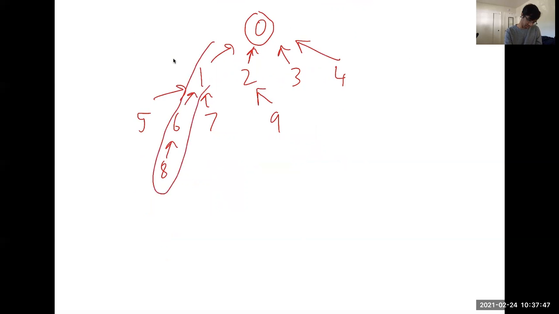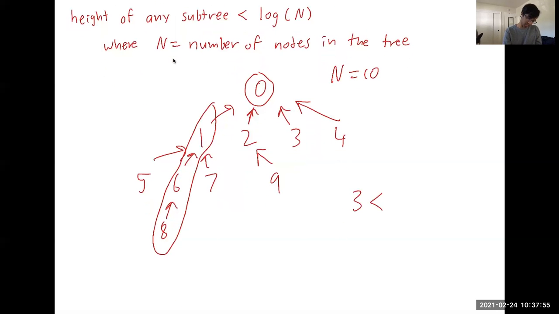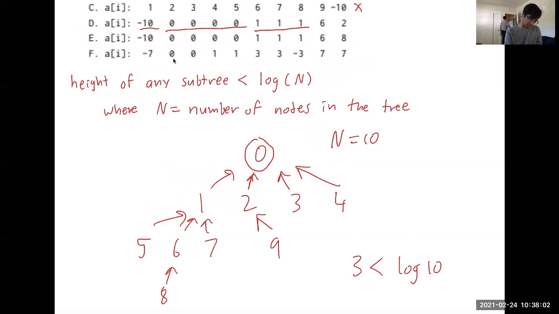It's of length 3. And since there's 10 nodes in the tree rooted at 0, N equals 10 here. 3 is actually less than log of 10, right? Which means that our invariant still holds. This rule that we have up here, that the subtree height must be less than log of n, is still